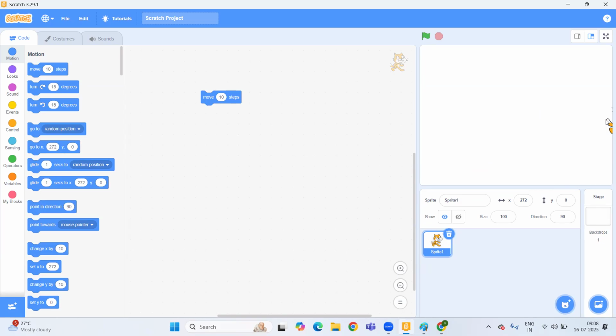This is the edge of the stage. If it does touch, the sprite will bounce off the edge by turning around automatically. Scratch even handles the bounce direction for you. So the sprite turns around and continues moving.